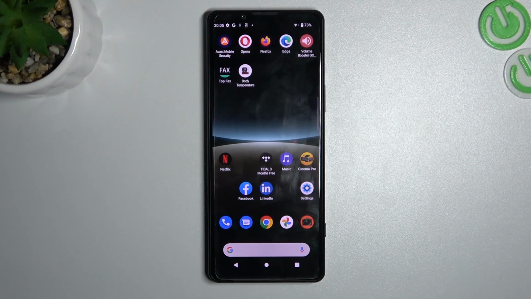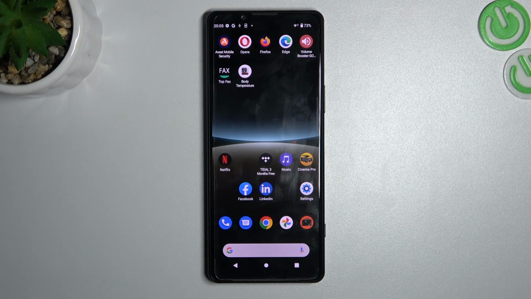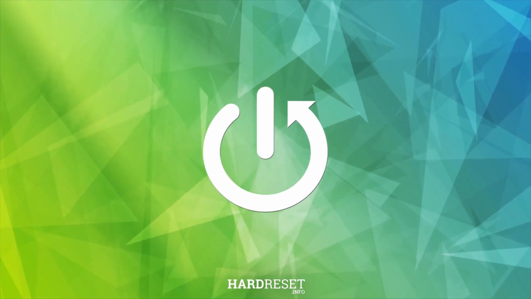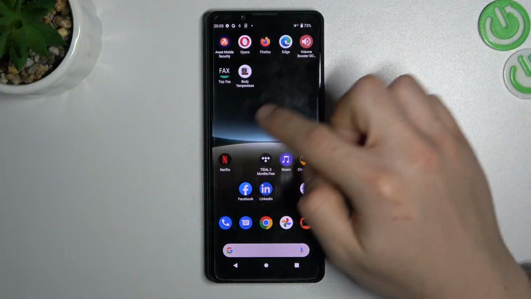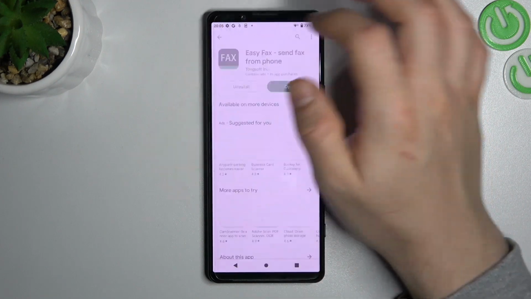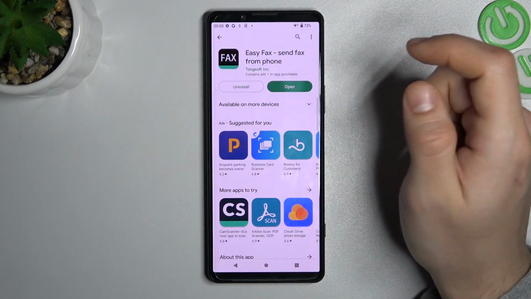Today I will show you how you can send and receive fax messages on your Sony Xperia 5 Mark IV. So in the first step we have to download a fax app. You will find a lot of them in the Play Store. I will choose that one. So we have to open it,